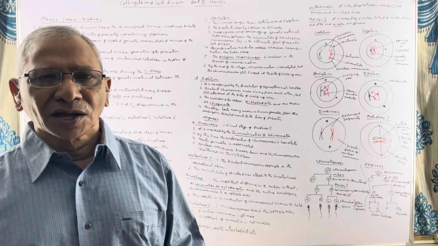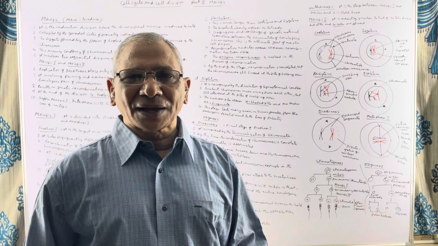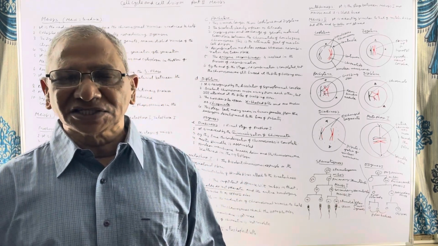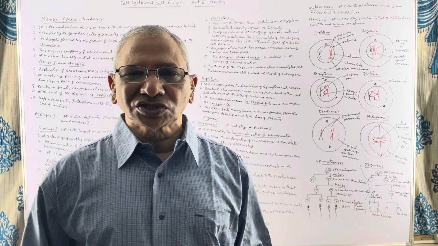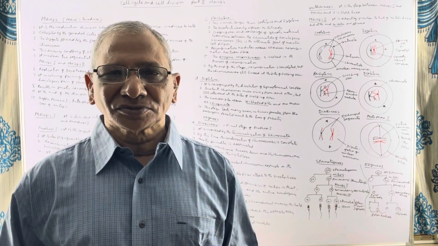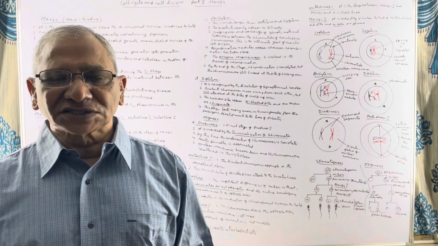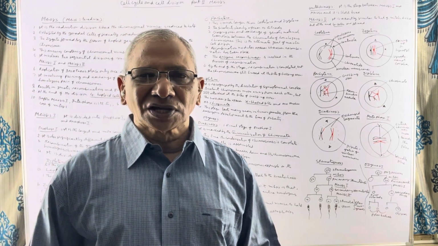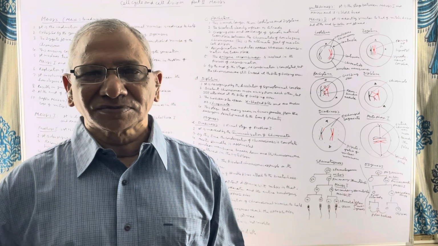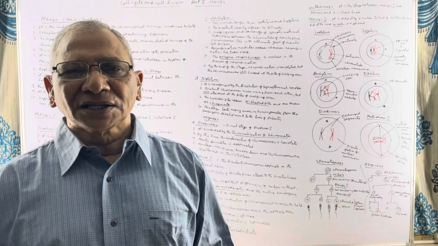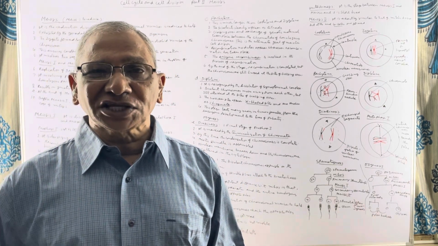Here in prophase 2, the nuclear membrane disintegrates, the nucleolus disintegrates, and the chromosomes take up their shape. Then in the metaphase, the chromosomes appear on the metaphase plate or equatorial plane, and their kinetochores are attached